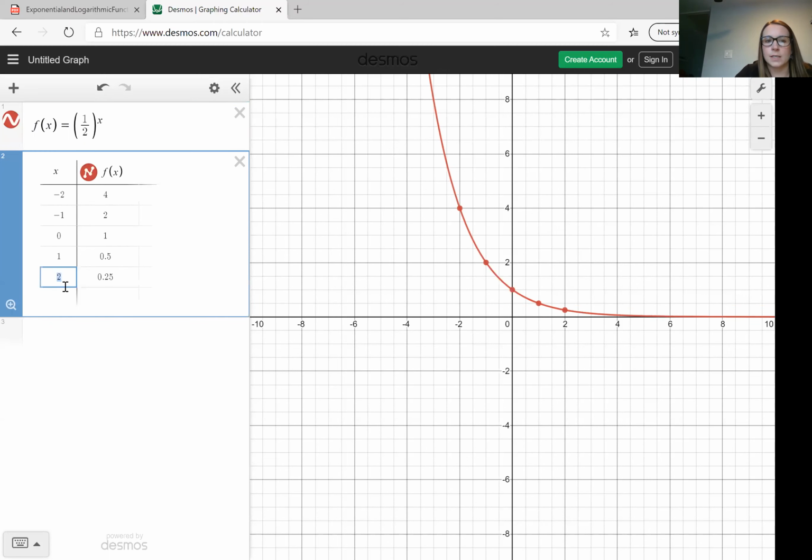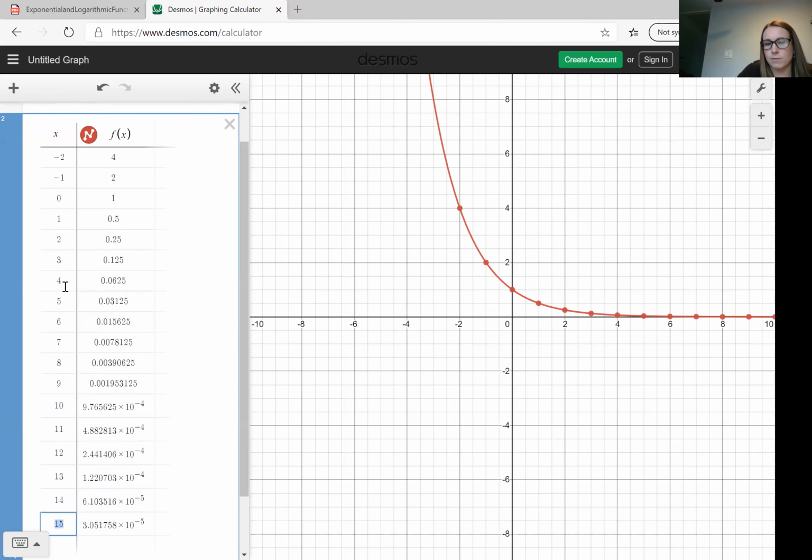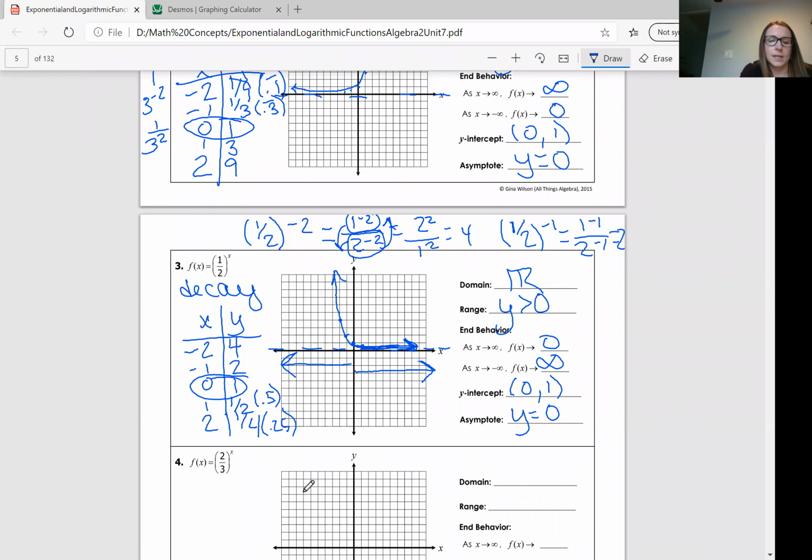If you ever wanted to type in another number, all you have to do is hit enter, and you can see it just keeps getting closer and closer to 0, but it'll never hit 0. And you can sit here all day if you want to do that, but it won't hit 0. All right, so next one,